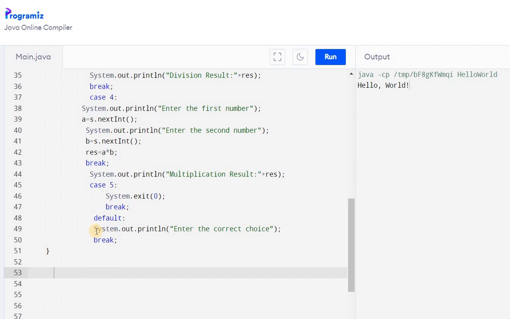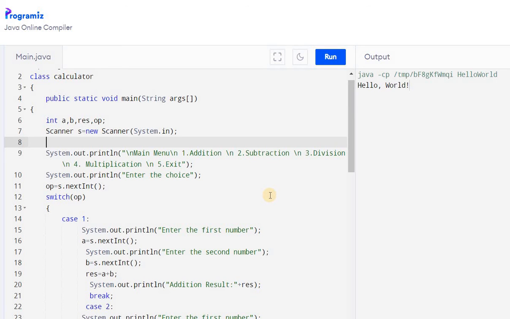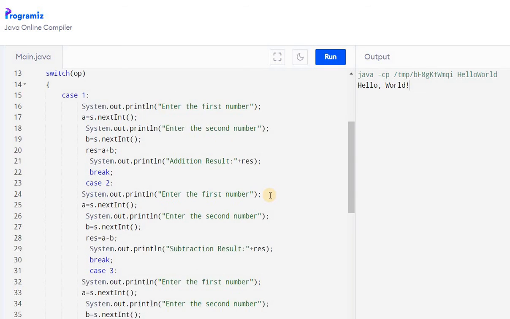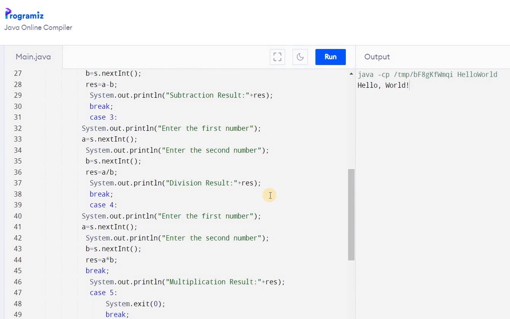Now we are going to see the loop that will make this menu repeat multiple times till you press 5. For this, the loop that is used is a do while loop. We start this do while loop just before this menu. Just before this menu, start this do followed by a curly brace, and then come over here, after the default,